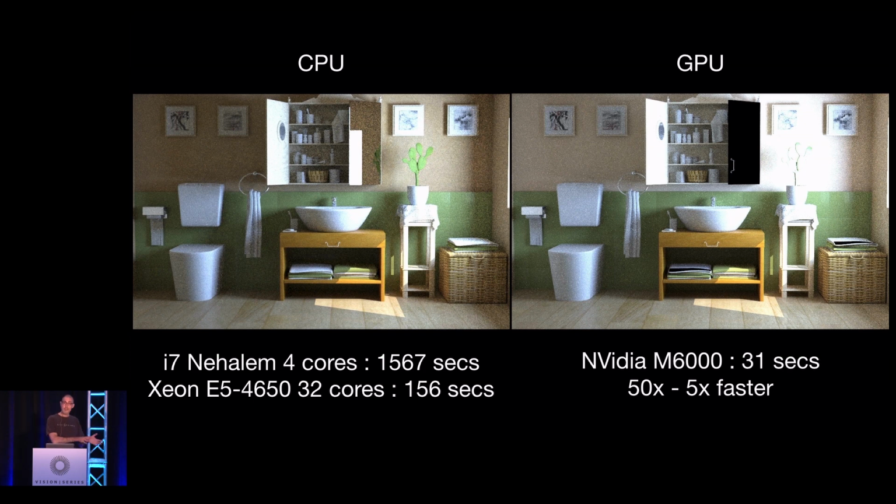Of course, it's a slow CPU and a very fast GPU, so there's like a 50 times faster difference. If you compare that with a more modern CPU, like a Xeon with 32 cores and 64 threads, well, the difference is still significant. It's 5 times faster. So, of course, CPUs and GPUs have different price points, and it's kind of hard to compare them